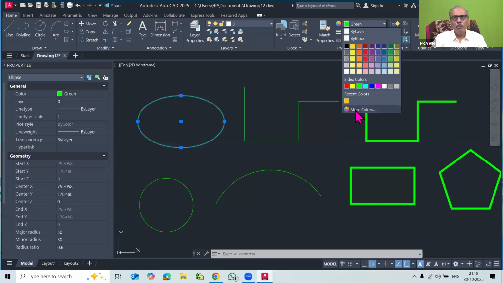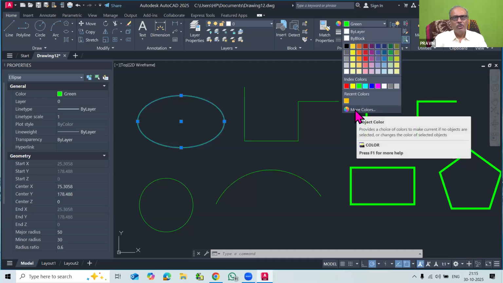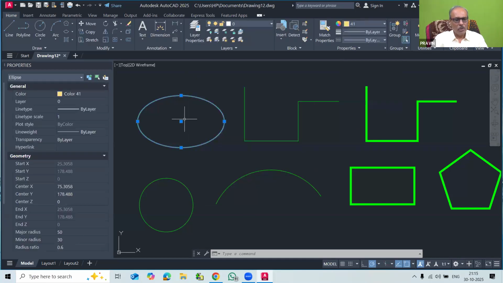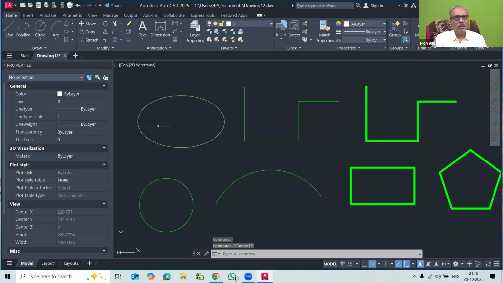You can use the more colors dialog box. You get the 256 color palette here, and you can pick any of the colors. I have made it orange. I chose color 40, or you can choose color 41 here, and then press OK. So color 41 was there for this ellipse.